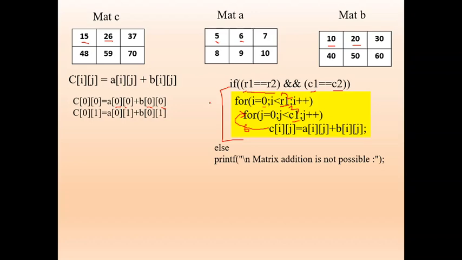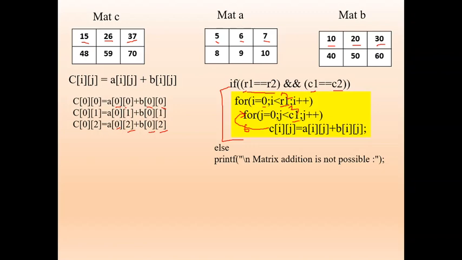First row, second column. Or if you are getting confused, you can consider it as 0th row, first column, like that. That is not an issue. Next, j value will be incremented by 1. Now j value will be 2. So C02 equals A02 plus B02. My A02 is 7, B02 is 30. 7 plus 30, 37 will be stored in C02, 0th row, second column, meaning first row, third column. Corresponding elements will be added.